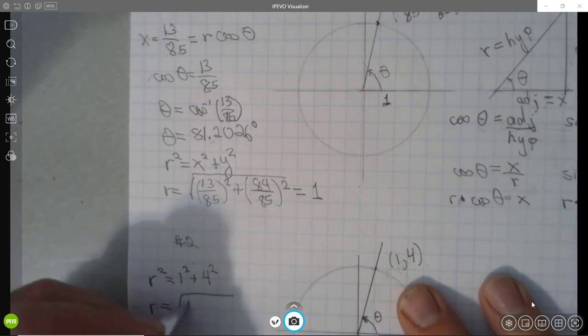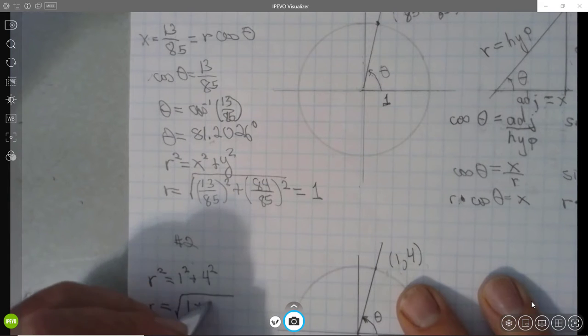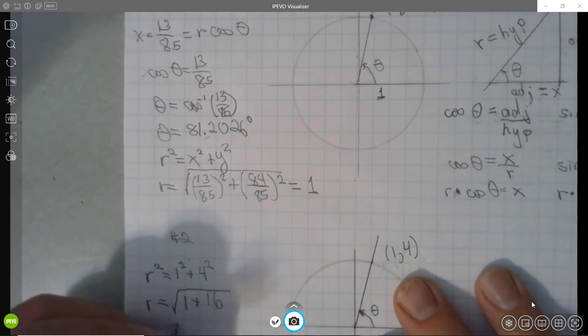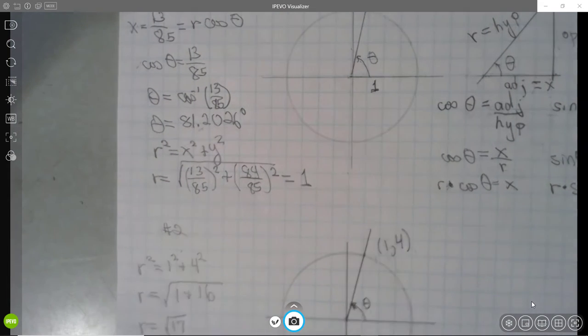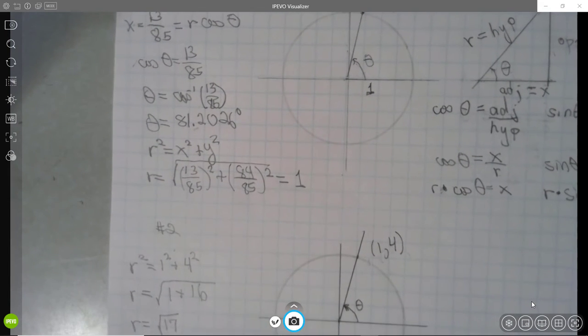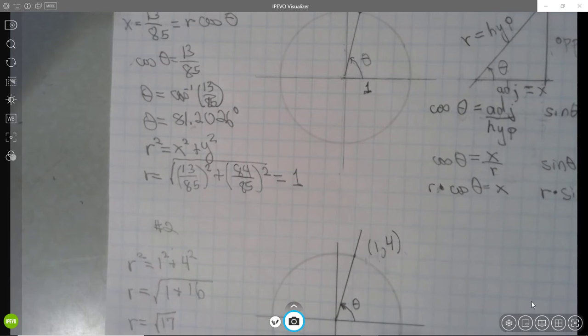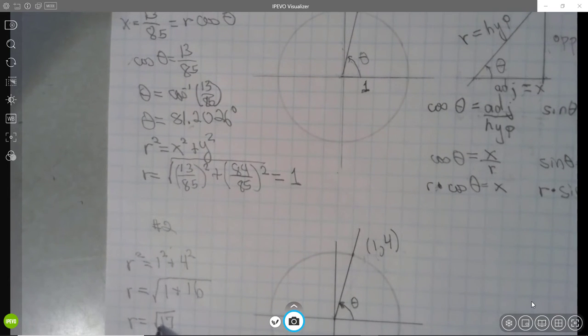One squared is 1. 4 squared is 16. So r is the square root of 17. Now that's an exact answer, and it's a good one. If you wanted to have a decimal approximation, of course, the calculator would work very well for that. But we're going to leave it just as that for now, because I would like to compute